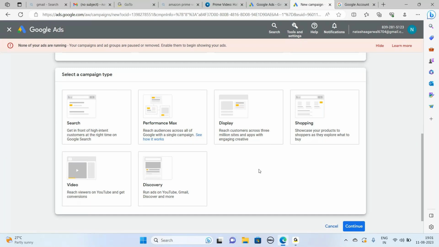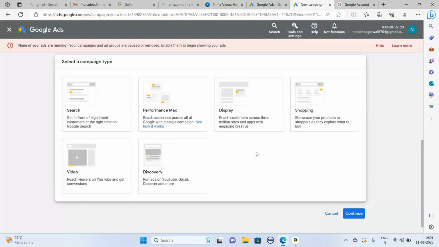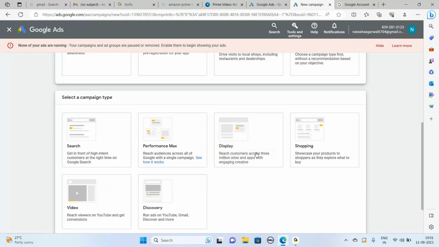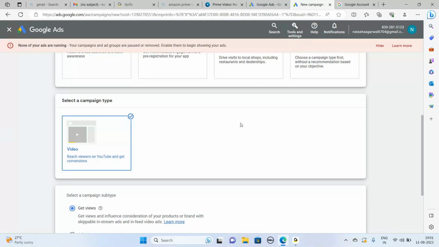The same six types of campaigns are appearing. Can you check the website traffic option? Even website traffic is going to have the same options. Now go to the fourth goal or objective. There is only one type, that is the video type of campaign.